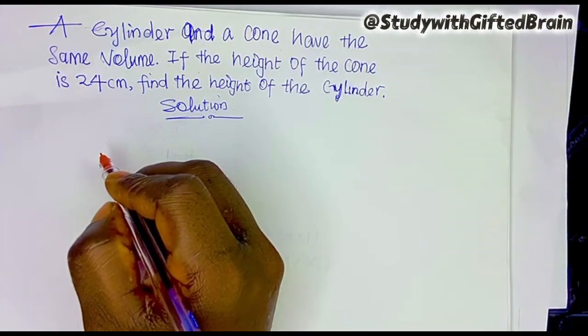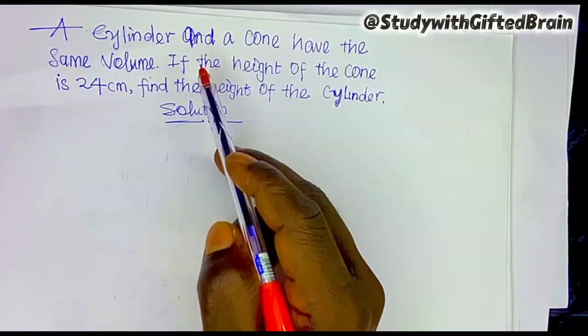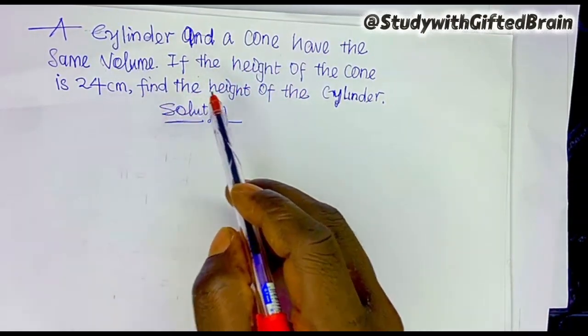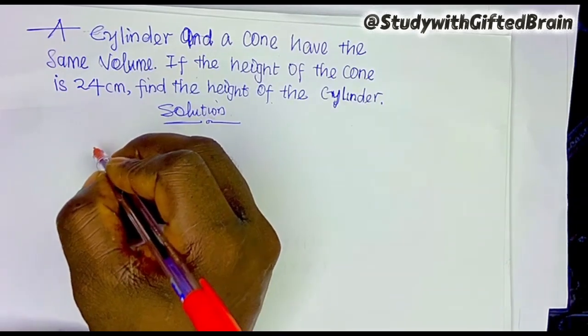Alright, this question says that a cylinder and a cone have the same volume. Don't forget that part. They have the same volume. So if the height of the cone is 24 centimeters, we have to find the height of the cylinder. Now, first of all, the volume